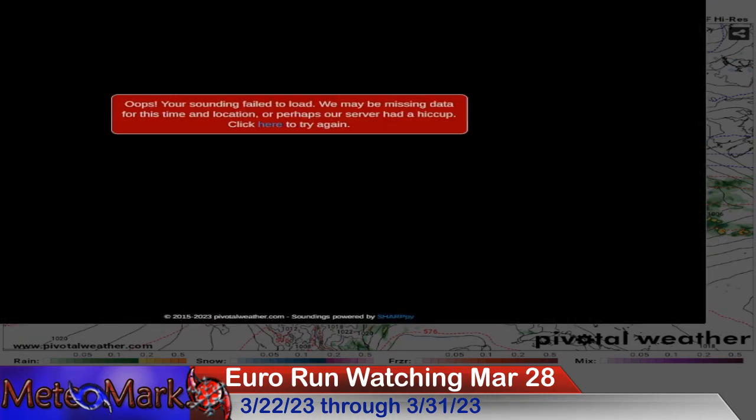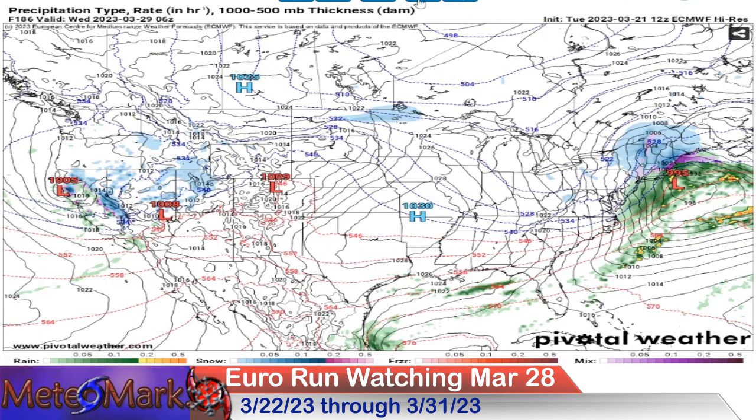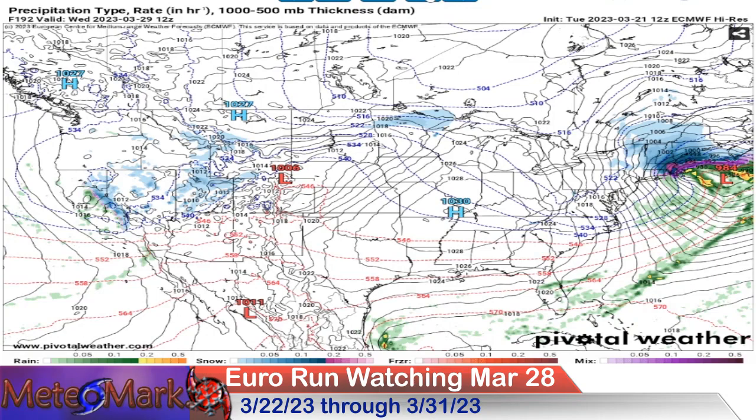Oh, here we go. Look at this. Let's back this up here. The European is showing something. This is that area right around Wednesday the 29th. So the Euro's picking up on a potential coastal low, and bringing it a little bit to the north here with some snow. Wednesday the 29th, kicking in here. So, wow, look at this. Being this far out, please take this with a grain of salt, but look at this, a 984 millibar low,